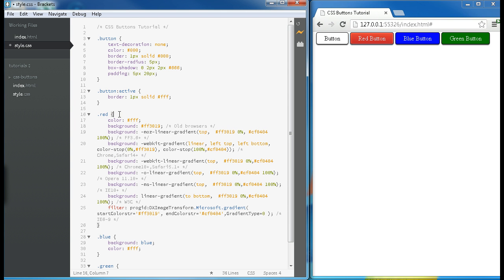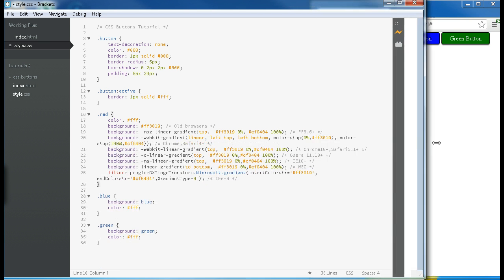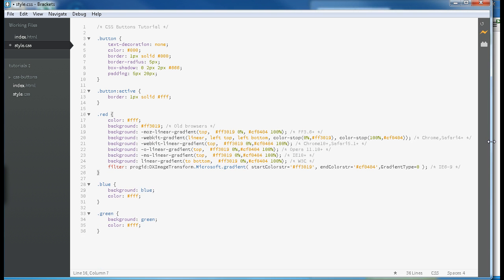So here we go. Looks like a lot, but it's not that much. Let me just open this out so you can see it properly. As you can see, I've kept the font color the same. Then the background color, which is just your standard background red, which works on all browsers basically. Then we come down here for Firefox browsers. We have the Moz WebKit here. Then for Chrome and Safari,